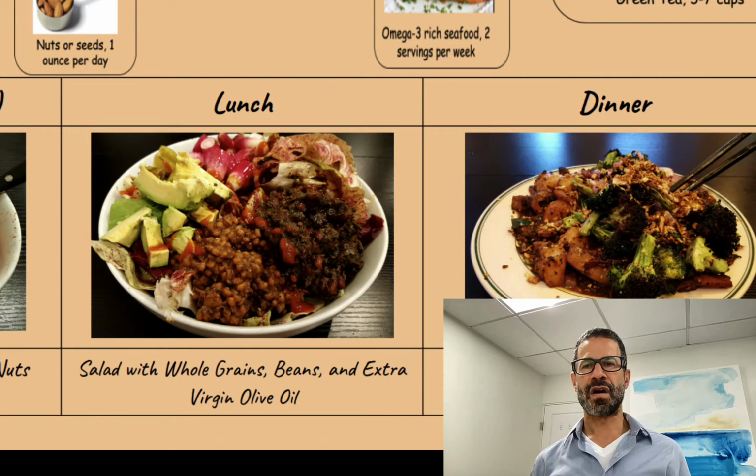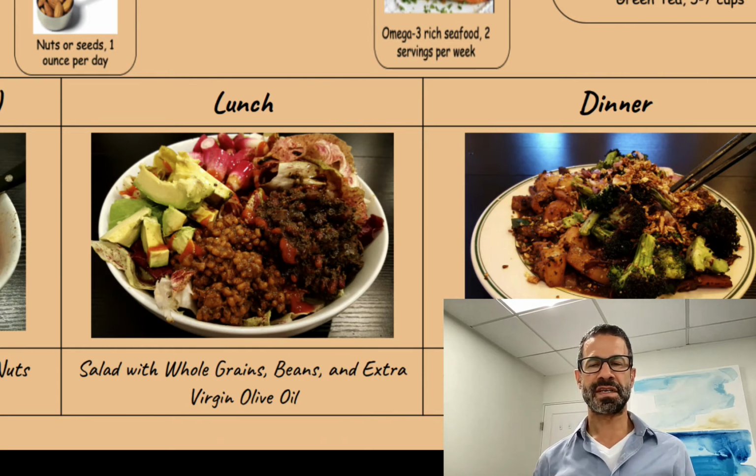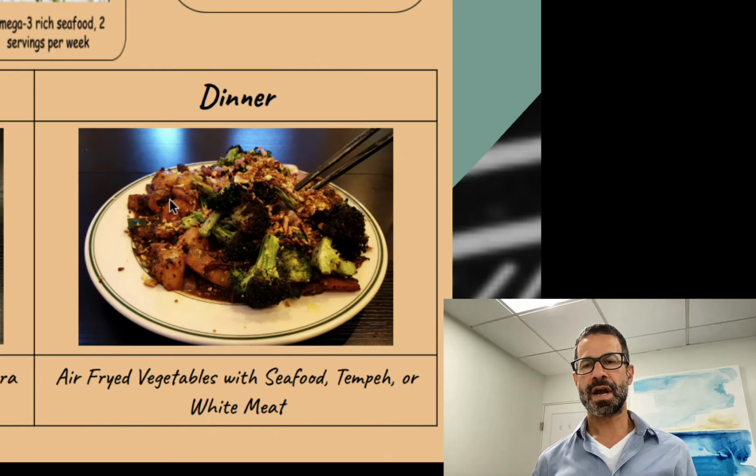I'll also have coffee in the morning. I have 16 ounces, which is 2 cups. For dinner, I air fry vegetables and have some form of a protein. Seafood, tempeh, or white meat. I make sure that at least 2 nights per week I have salmon, which is a seafood rich in omega-3s. I have 2 servings of vegetables, which brings me up to a total of 5 servings of vegetables for the day. And I have 1 tablespoon of extra virgin olive oil that I use to coat the vegetables when I